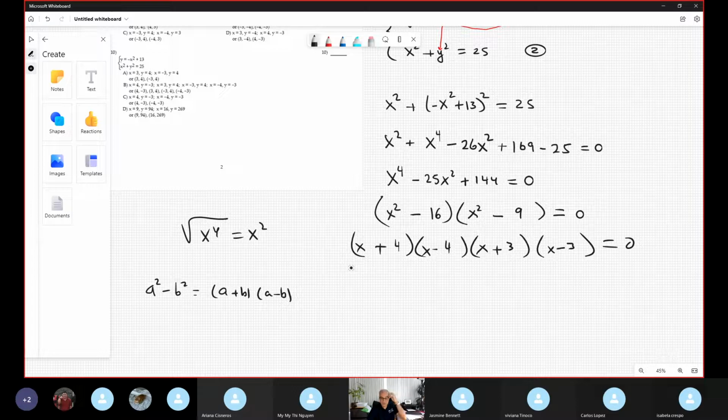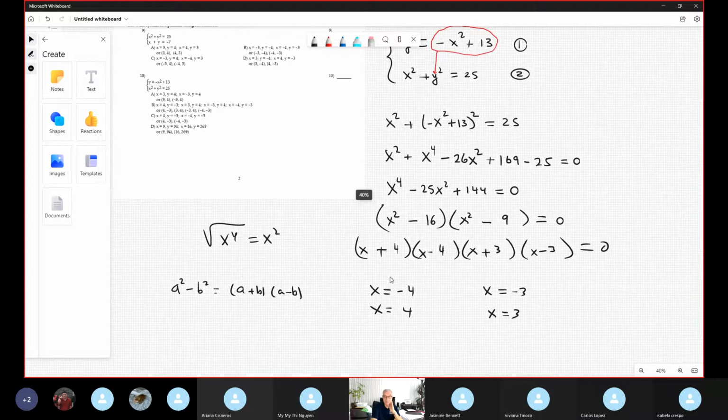And we have 4 solutions. One solution is negative 4, another solution is positive 4, another solution is negative 3, and another solution is positive 3. And we expect in this problem 4 solutions, 4 points. I need to find